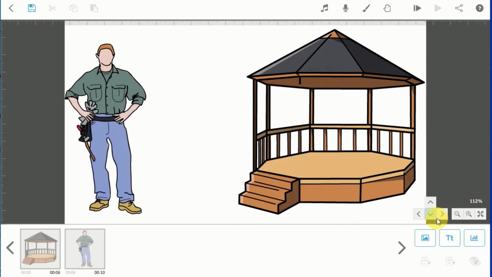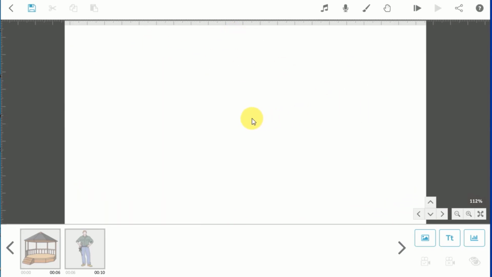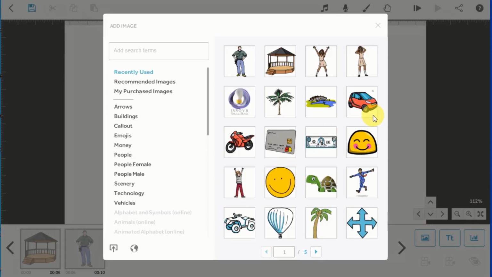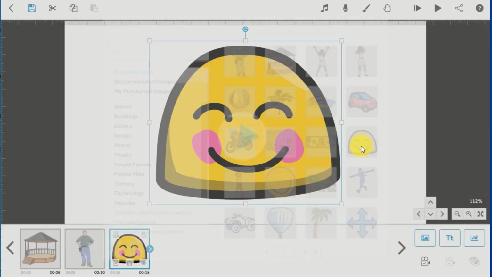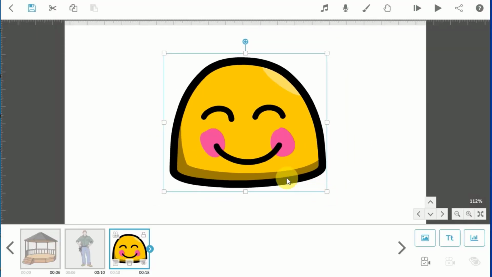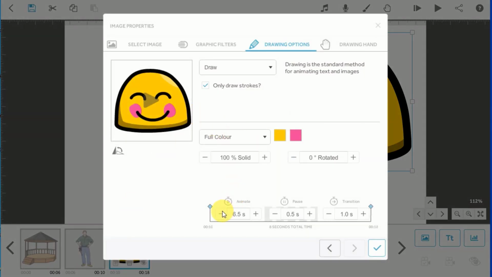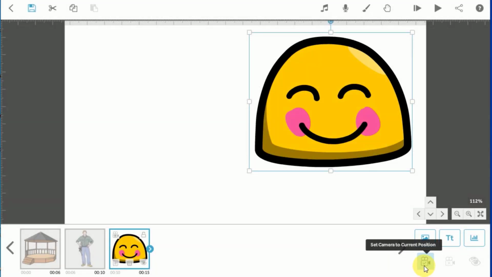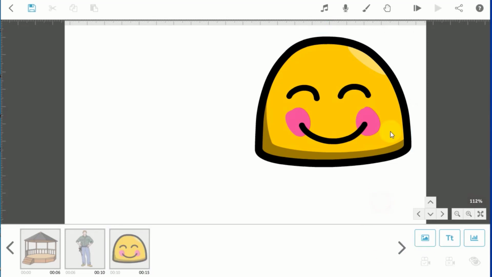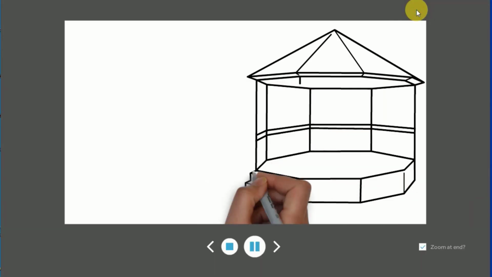Now let me change this location and go to another slide. I'm going to another slide and adding one more image just to show you why we remove the checkbox in the VideoScribe. Let me add this emoji, and I will place it here. I'll go to element properties and just decrease the time to 4 seconds and half seconds, and okay, and set camera to current position. Now if I click on play from start, this will get drawn,